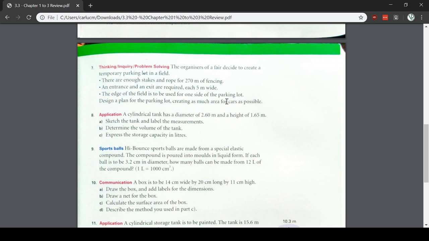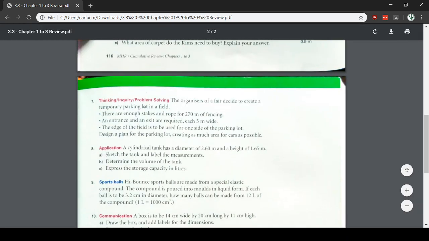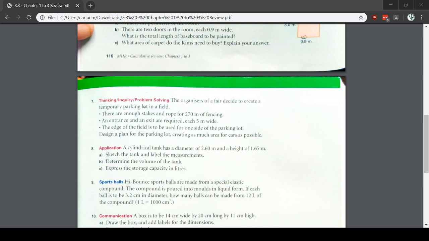Well, if you recall, the area that maximizes a rectangle is a square. So we want to make a square. So in number 7 here, we are making a square, but we have an edge of the field to start with, and then we have to make a square around it. So all 3 sides, these 3 sides, will be the same,